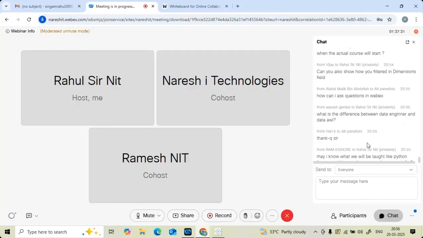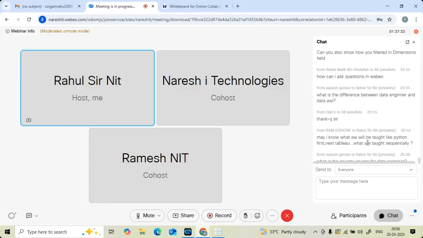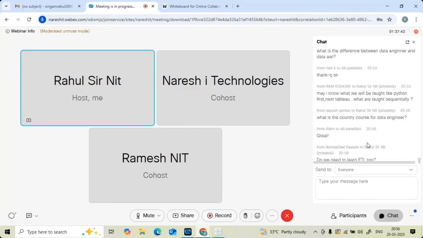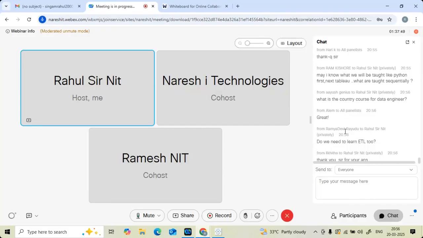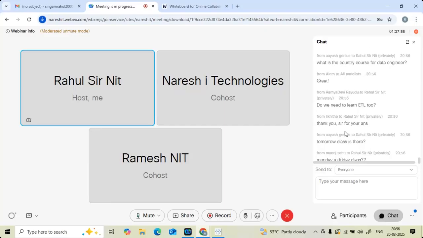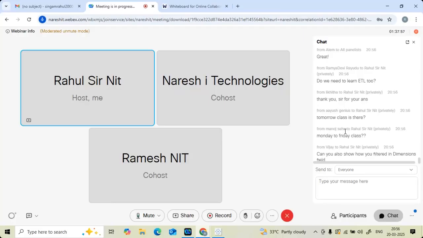Actual course you can expect will start from Monday, guys. So tomorrow again, Friday, let's go with starts understanding. From Monday, we are going to start the batch and we'll be focusing on starting with one particular tool and we'll do that. Batch will be started. Most probably we'll go with Power BI or SQL, Kishore. Then we'll go with other tools.